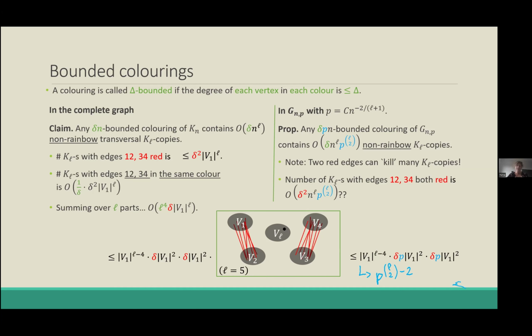So let me just develop some notation for this problem that we are facing. So we fix a delta proportion of edges on the left and on the right. And in the rest of the graph, we just have all the edges of GNP. So this gray represents all the edges of G n,p. And now this is some subgraph of G n,p. And we're interested in the number of KL copies contained in this subgraph. And we'd like to have this kind of upper bound.